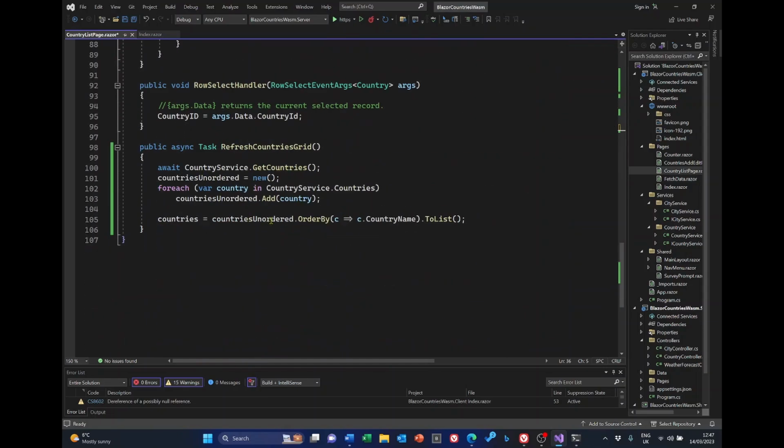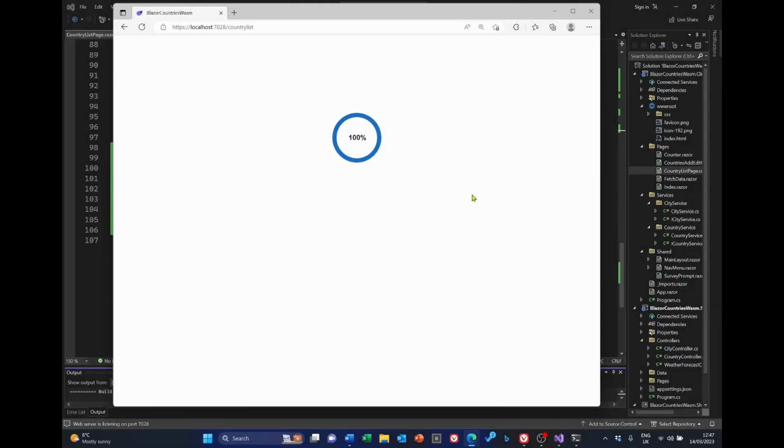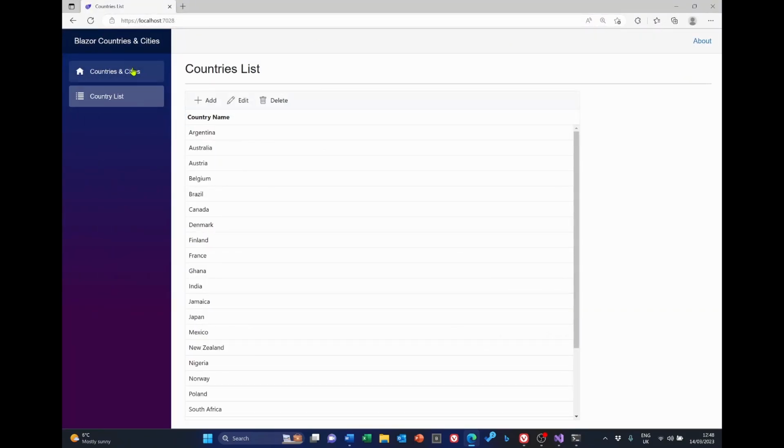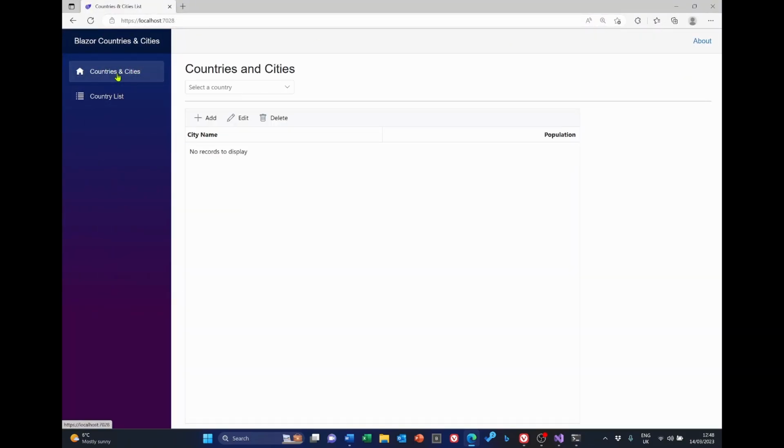And we've got rid of our red squigglies. Let's see if it's working. And now we've got the countries appearing in country name order. If we wanted them in reverse order, we could simply click on the heading. So I believe that we've now got our two main pages behaving